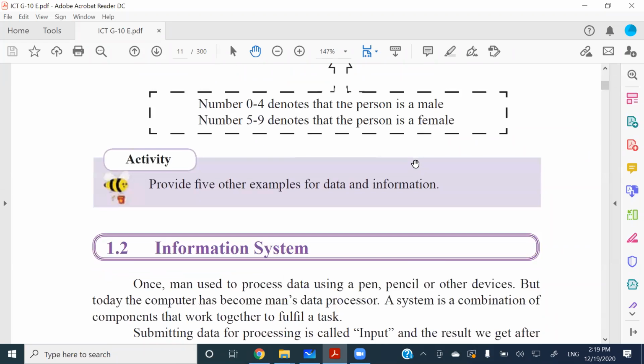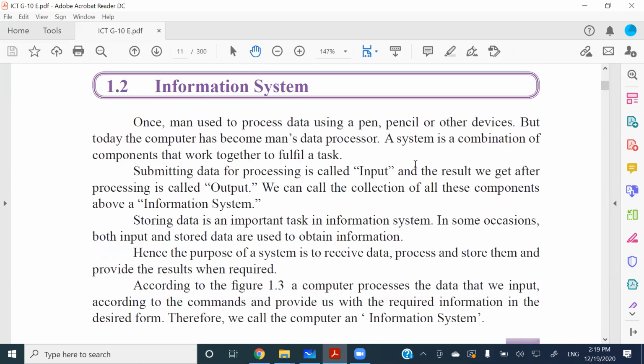Right, okay, so let's move forward. This is about information systems. Now we just talk about what information is. Then after that we are given the topic, information system. Now this information system means a software or a system which keeps the information or which processes the information together, right? So when it comes to the information system, there are several